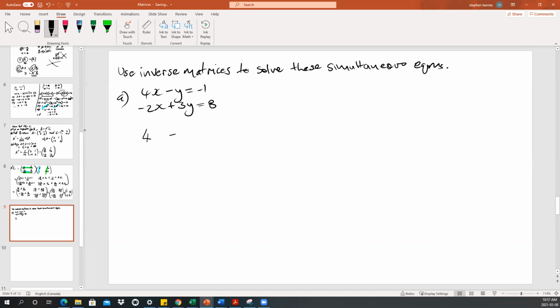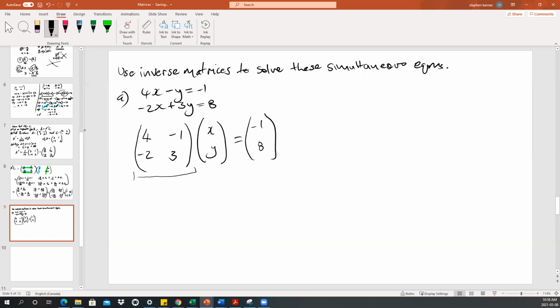Because effectively, this is what you want to solve, right? This is what you're trying to do. So this is the matrix representation of this simultaneous equation. And all you're trying to do is find the inverse of this matrix right here. So when you pre-apply it to both sides, this section will have the identity matrix, and then the result would come over here. So we need to do the task of finding